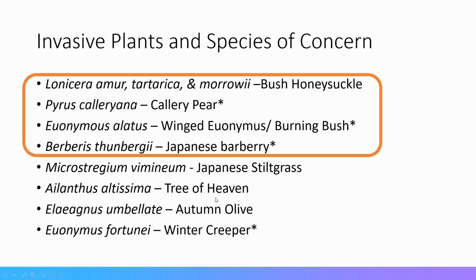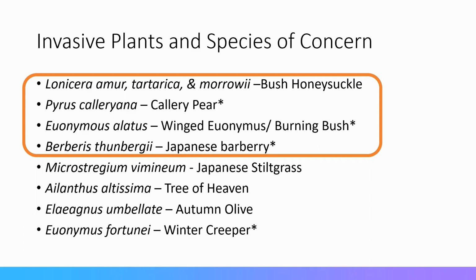But the Illinois Invasive Species Council has been convening this year, and they've put together a list of plants that they would like to bring to legislators, advising them on banning the sale of these plants. Those include Callery pear and Japanese barberry, but there are also some that you probably don't often find in a garden center that they also want to make sure get listed as invasive species.